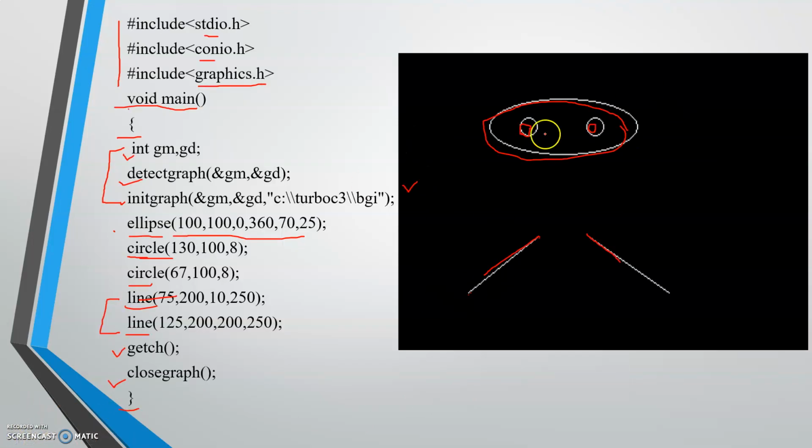Okay. In your mind there might be a question: how do I write these coordinates to draw the particular image? By practicing, you will get some idea of how to write the coordinates, because it is not possible to remember the coordinates of every image every time. While you do the practical on your system, it will become clear. You can adjust by yourself where to place the image. Then you can see this output on your screen.